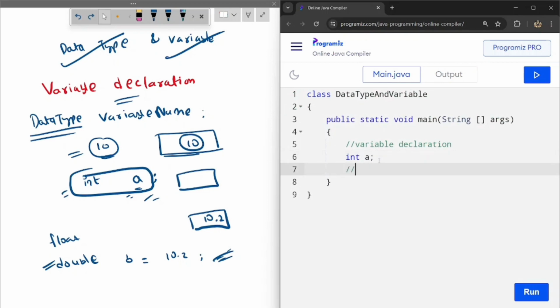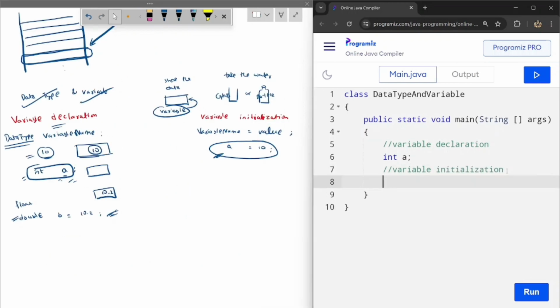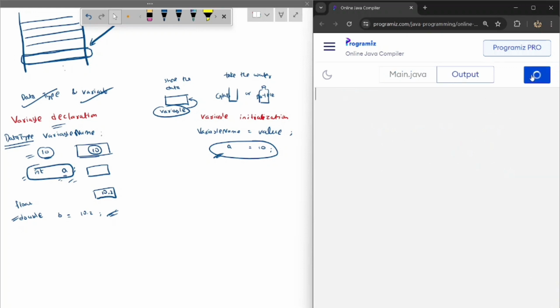So now let us see the variable declaration. Variable declaration done. Initialization, let us say. So we have declared the variable. Let us give the value to it, like just a equals to 10. If I run the program, here you can see